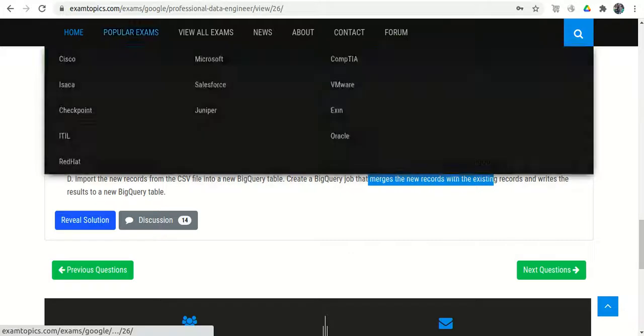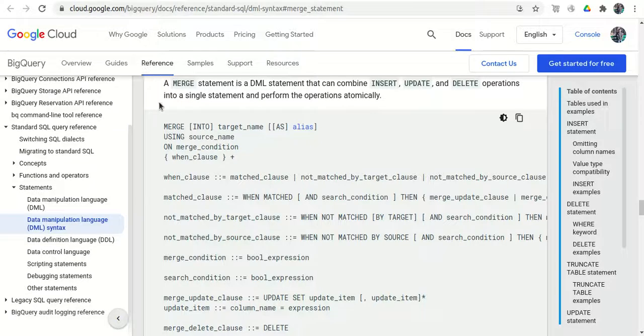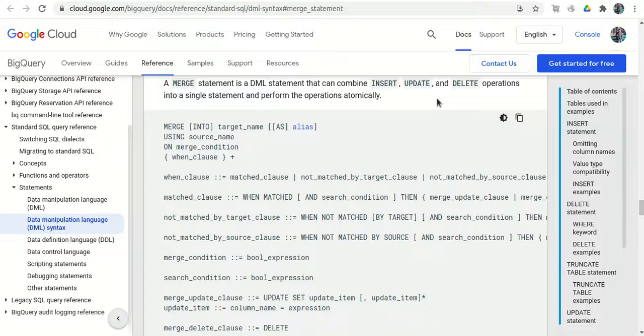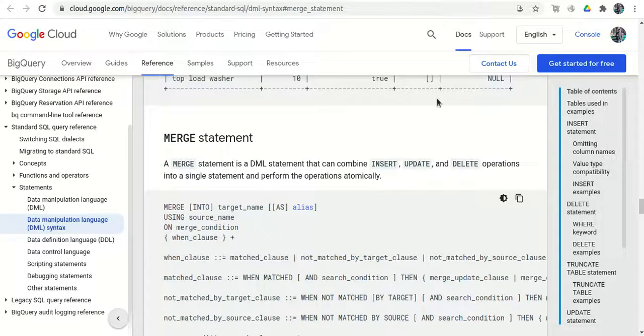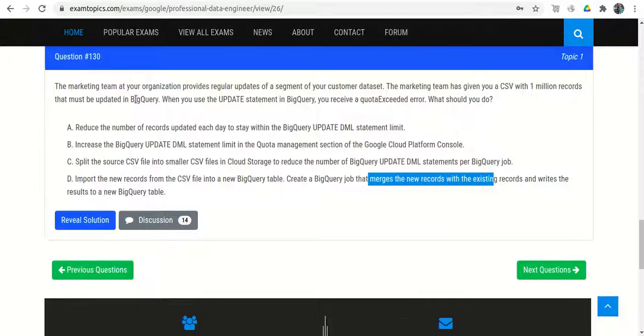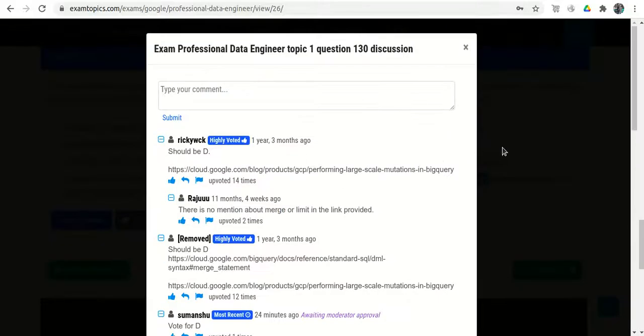Even the official documentation suggests this: a MERGE statement, a DML statement that can contain insert, update, and delete. We can use this syntax: MERGE INTO table name USING source name ON merge condition. So option D is perfectly okay.